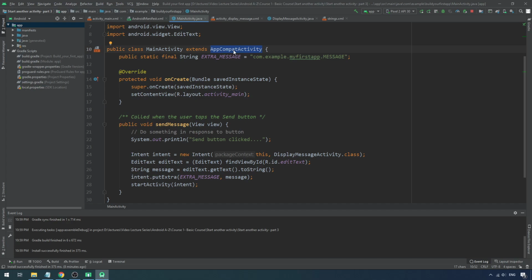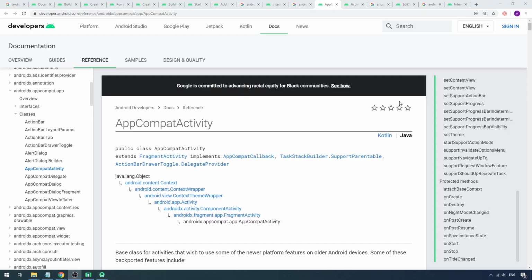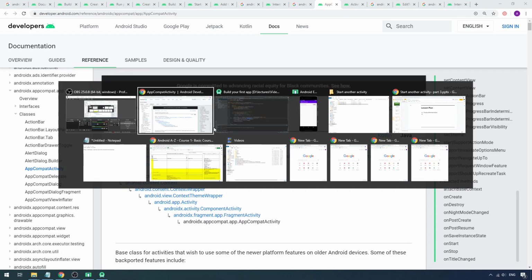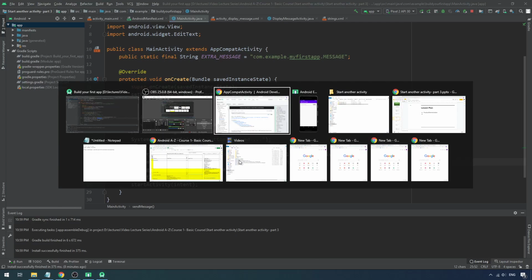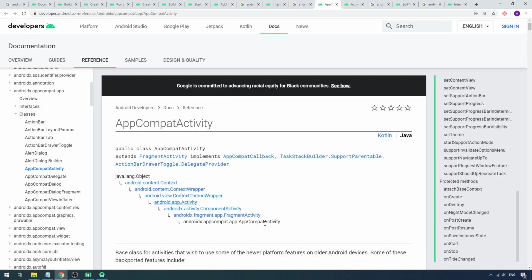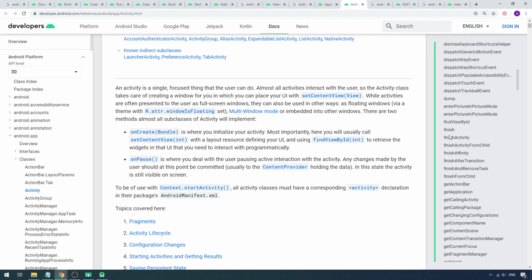So let's go to the API and look at AppCompatActivity to see where this method findViewById is, right? In the API, in AppCompatActivity, there should be that method findViewById. Sometimes it's not directly in AppCompatActivity. Why? That is because it can come from one of its parent classes in this inheritance hierarchy. That is Java inheritance, right? If you dig into this, you will see that findViewById is a method of the Activity class. If you do a Google search and go to the Activity class, you can see there's a method called findViewById, right?